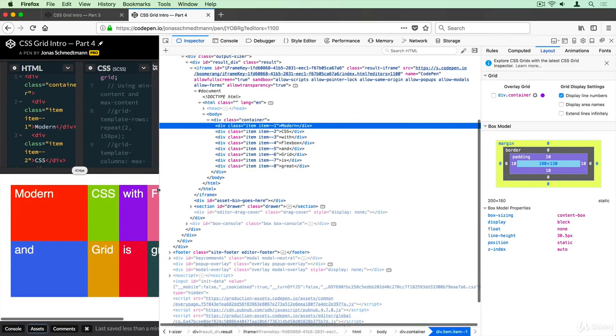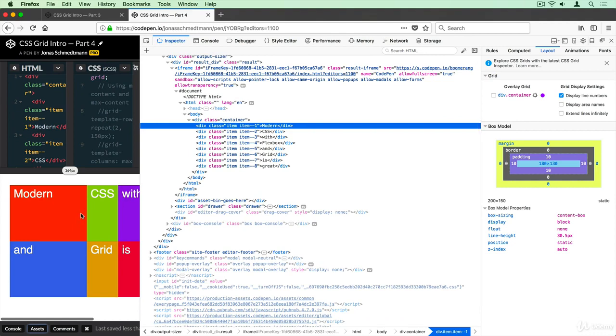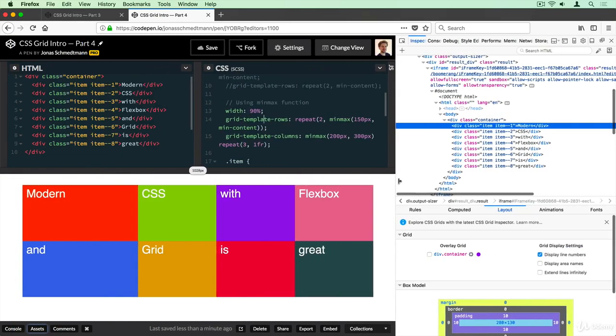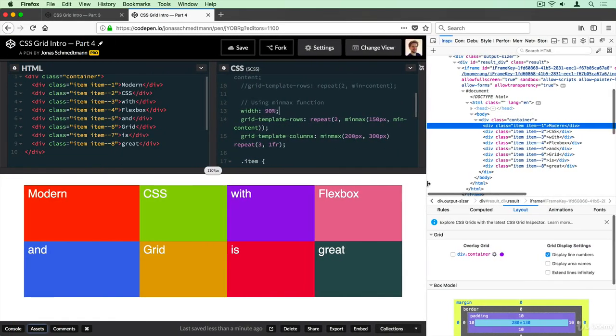So even if we make this even really small, so you see that now the grid doesn't even fit anymore, but the first column, it's never less than 200 pixels. So you see that? It is still 200 pixels. And no matter what we do, this will always be the minimum width of this column. Okay? So this is really powerful